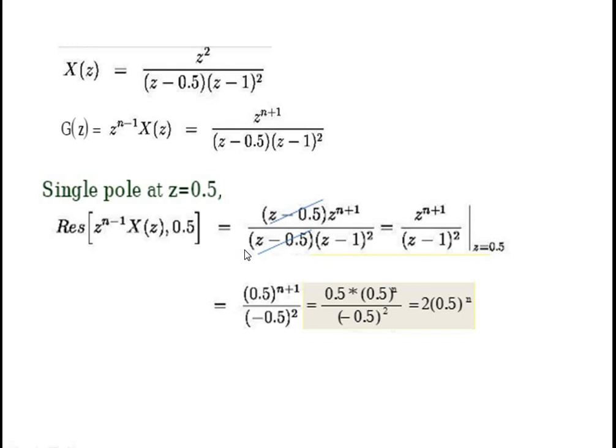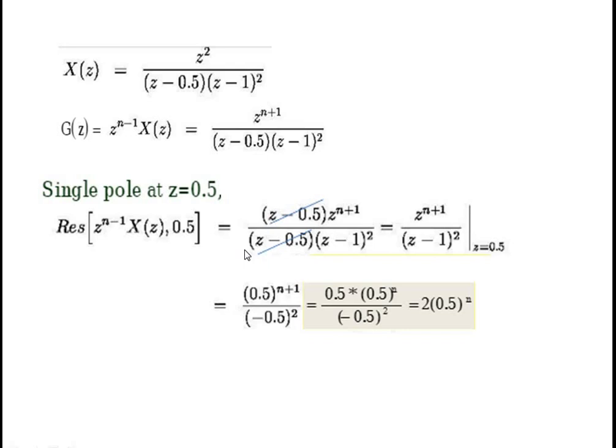In partial fraction we have to check the higher order of the denominator and numerator, and then decompose into x of z divided by z. After that we have to substitute the formula if we have repeated poles, and at last we have to bring that to a common basic sequence. Then only can we get the inverse Z transform. Whereas here, we multiply x of z by z power n minus 1, substitute the formula directly, and then add the values, that is the residues, to get x of n.